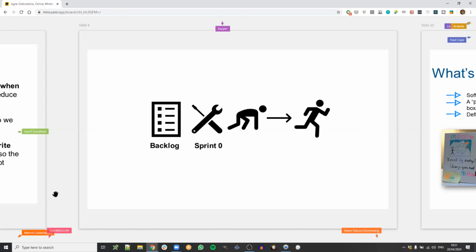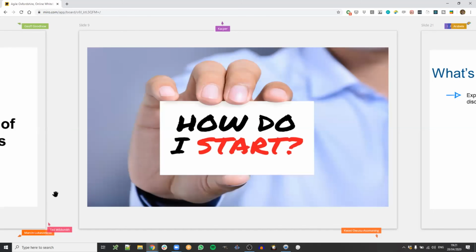But nothing really talks about where the backlog comes from, right? Where does the team come from? There's a whole bunch of work that typically happens before you're even ready to start anything. In my line of work, I get that question a lot, which is how do I even start this project?